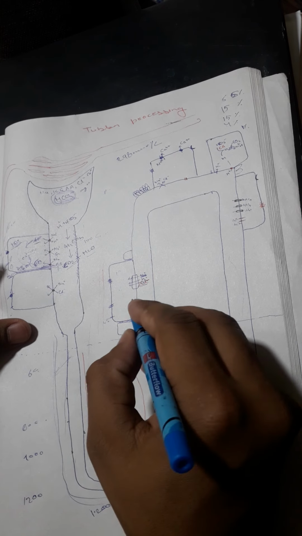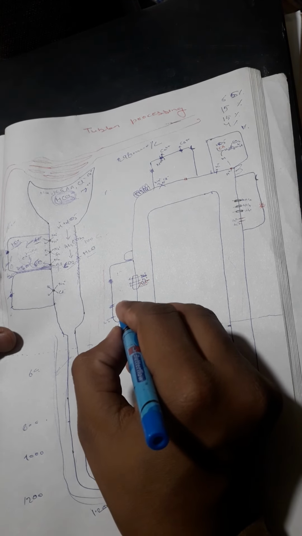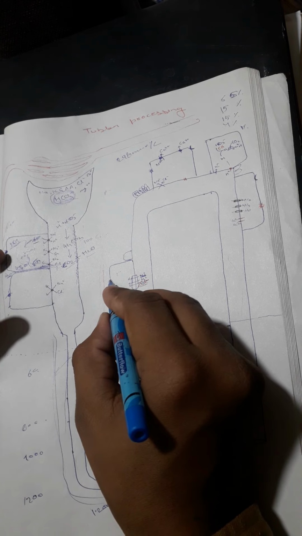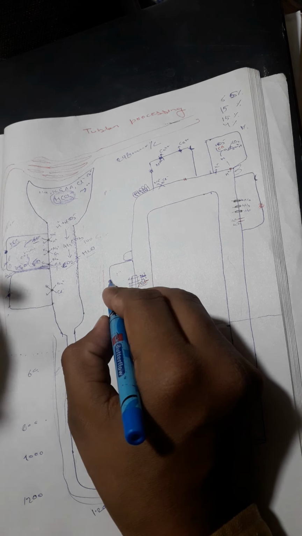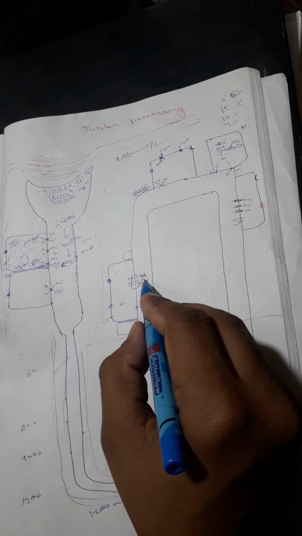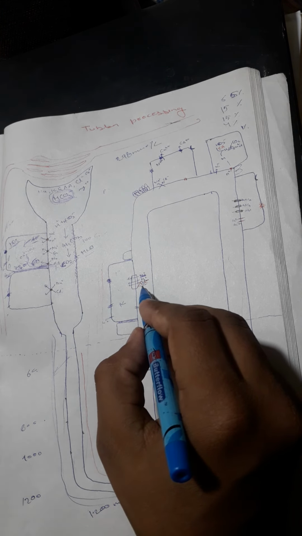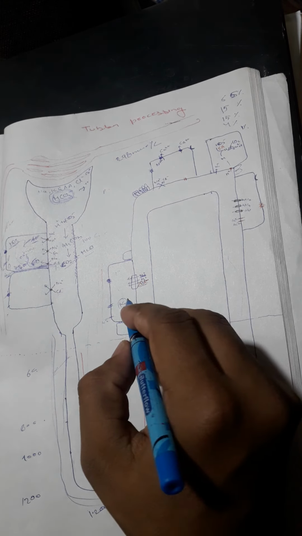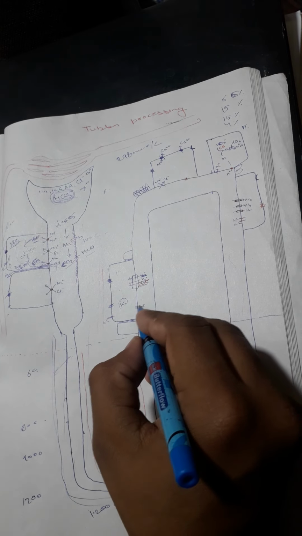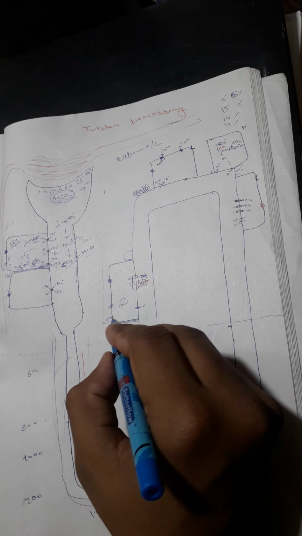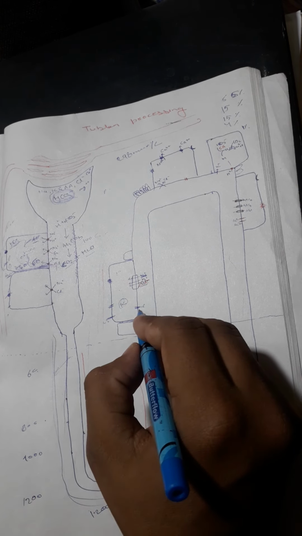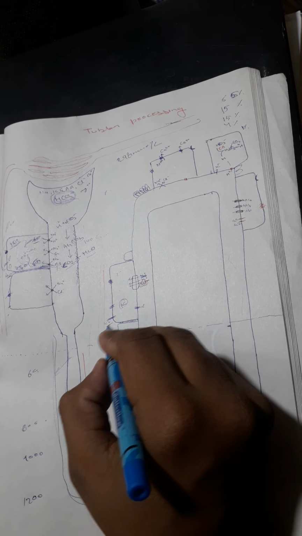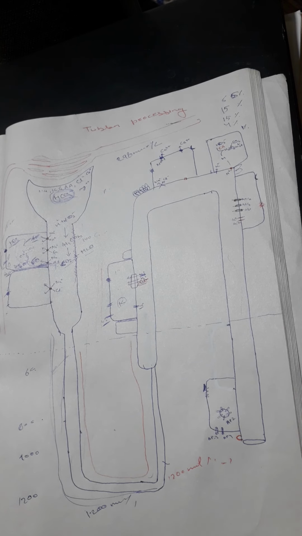And what happens with the potassium molecule? It comes inside the cell by two mechanisms: by the sodium potassium ATPase, and by the sodium potassium 2 chloride co-transporter. So inside the cell it is present in a very rich amount, so some leaky potassium channels are present on both sides, from the lumen side and from the interstitial fluid side. So some potassium leaks this side, and some potassium leaks this side.